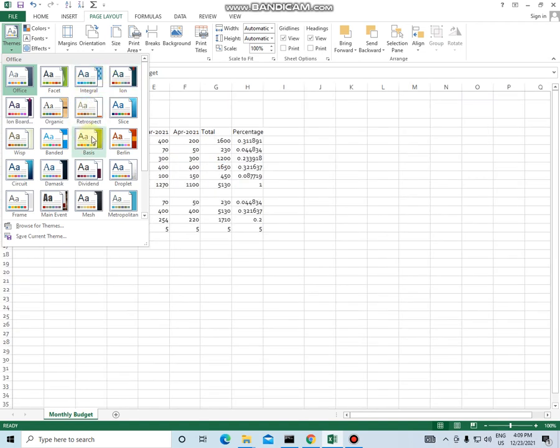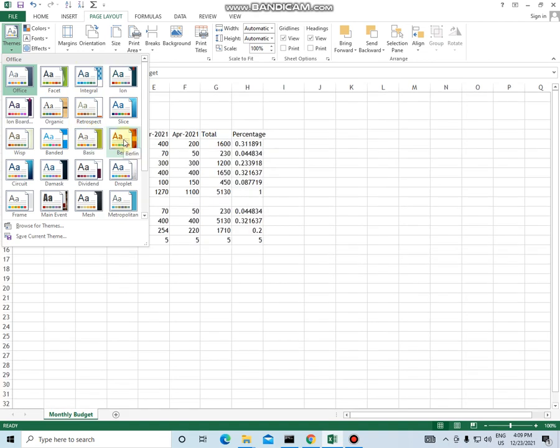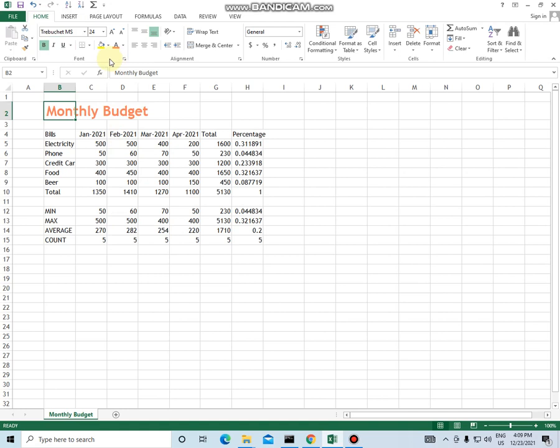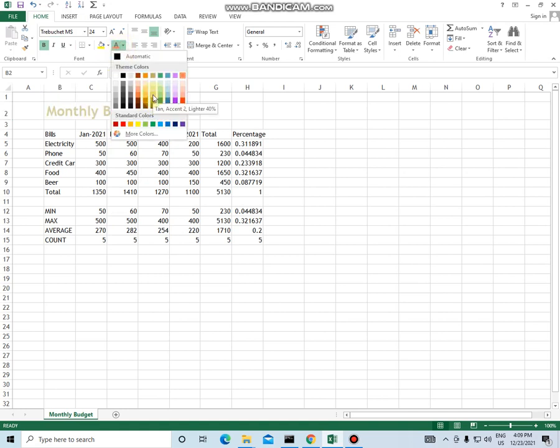For example, let's say I choose the Berlin theme, and if I go to the Home tab and go to font color, you can see this is the palette for the Berlin theme colors. This is because it is the active theme in this Office document.